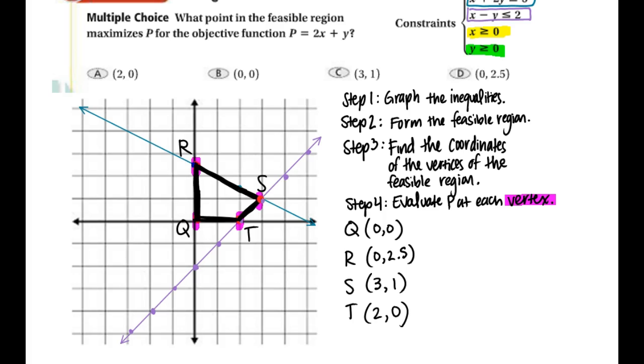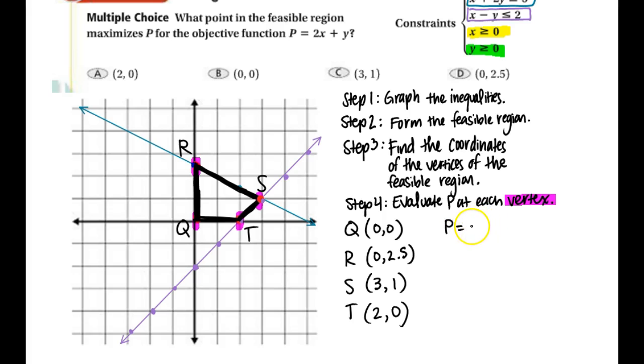Okay, so I erased some of the highlighting and drawing on the graph so it's easier to focus on what we need to deal with. So the vertices are highlighted in the purple, and then you probably remember from geometry class last year that typically we label vertices with letters to identify them. So I wrote down the coordinates of the vertices, Q, R, S, T, and now we're going to be evaluating the function p equals 2x plus y, and evaluating just means plugging in the values for the equation. So we're going to be using the equation